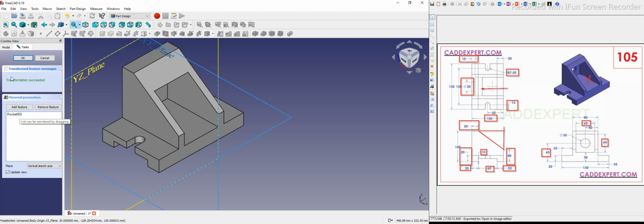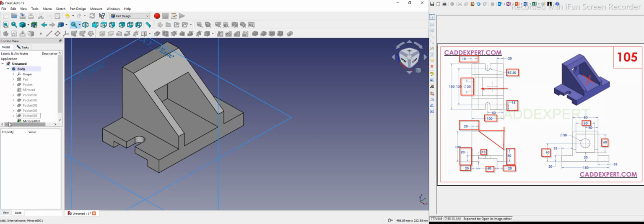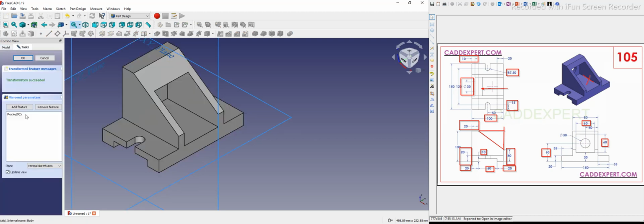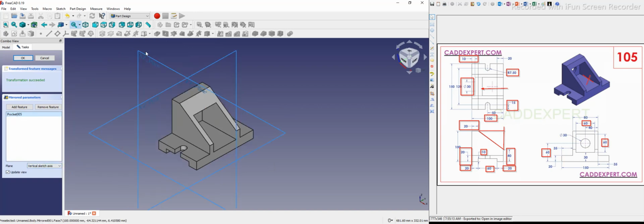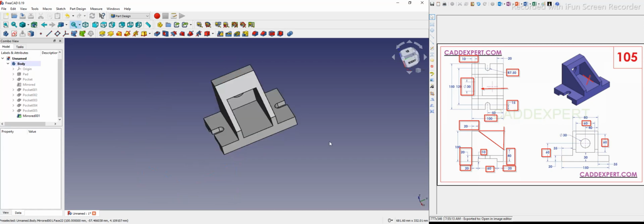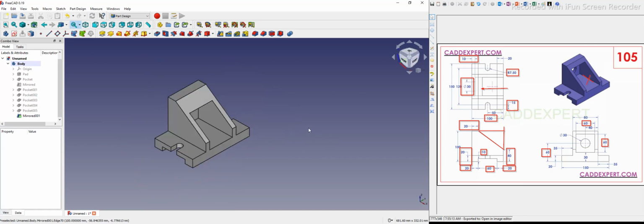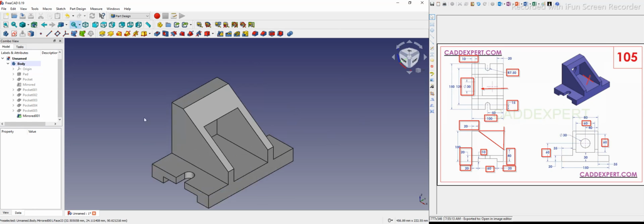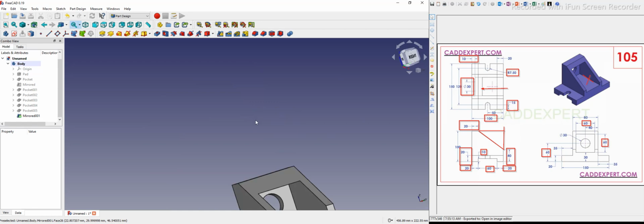So here is pocket 005, my last one. Okay, so I will select this and here I will select my plane XZ and I will say OK. So my slot feature got mirrored on the other side. So if you see here, we have modeled our part